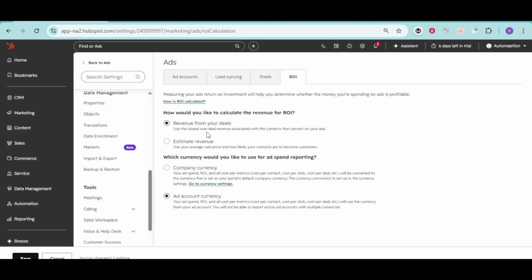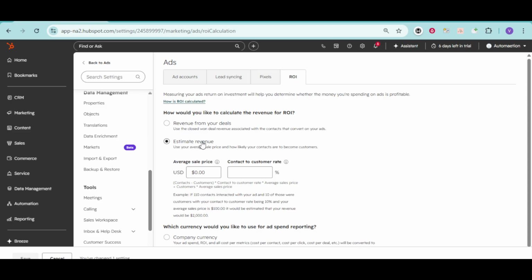The second option is estimate revenue. This method is particularly useful if you're not using the Sales Hub or if you prefer a more hands-on approach. With this method, you manually enter an average sale price and a conversion rate. It gives you the flexibility to tailor the ROI calculation to the specifics of your business model and sales process. While not as automatic as the first option, it's a great alternative for businesses that operate with different sales tracking